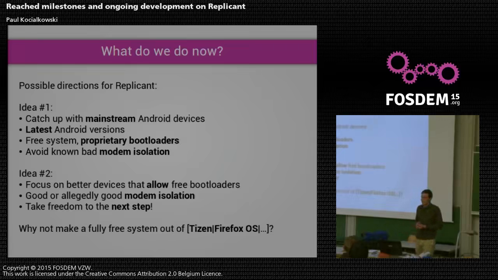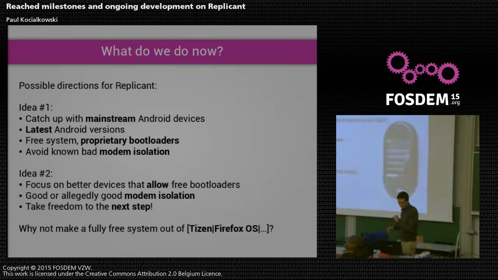That's not much interest. And if we're going to have to port Tizen to another device, it's going to be a lot of additional work. And we don't really have time to do that, right? We want to write hardware support. That's what's important. And Firefox OS, that's basically the same story. You've got some officially supported devices, more and more of those, but they're Qualcomm devices, so to us, they're not interesting at all. And, well, it's kind of wasting our time. And, yeah, that's why we still go with Android.